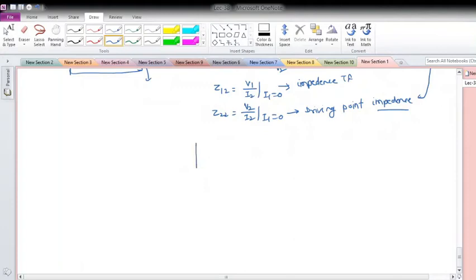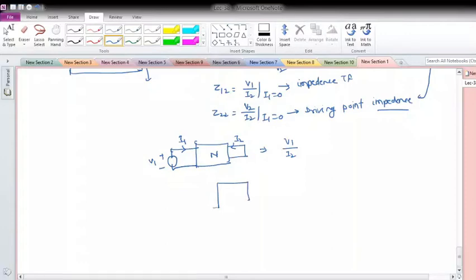What does it mean? Suppose I have this network, and to this I have applied, let's say, voltage V1, with current I1, let me define in terms of our parameters. And suppose this is my I2. So I will take the ratio, which is the voltage to current ratio of V1. Suppose I got this. Now I will change the orientation. I will apply the voltage source now at the output terminal here.